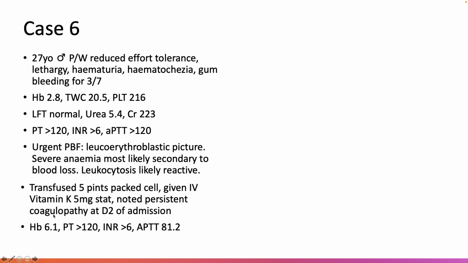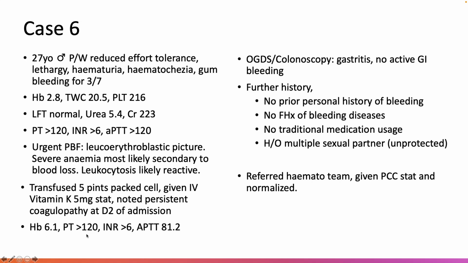This is a repeated coagulation profile and the HB after the transfusion. You can see that the PT, APTT and INR are still very prolonged. Okay, HB is 6.1. So definitely with this kind of bleeding, gastro is referred, OGDS and colonoscopy are done, just gastritis but no